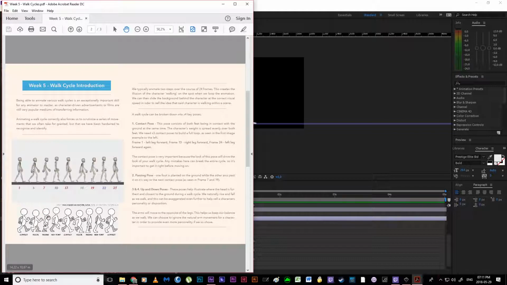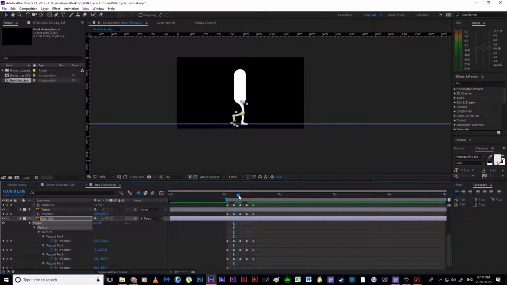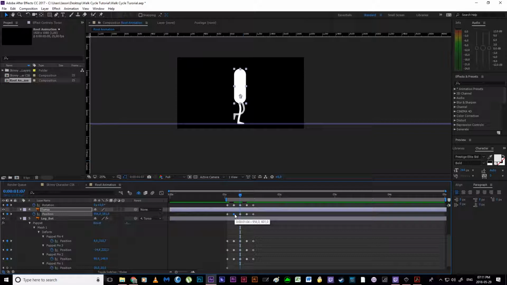Then our passing point. This key is only slightly higher than this one. I'm going to select it, and Control or Command C to copy it, Control or Command V for